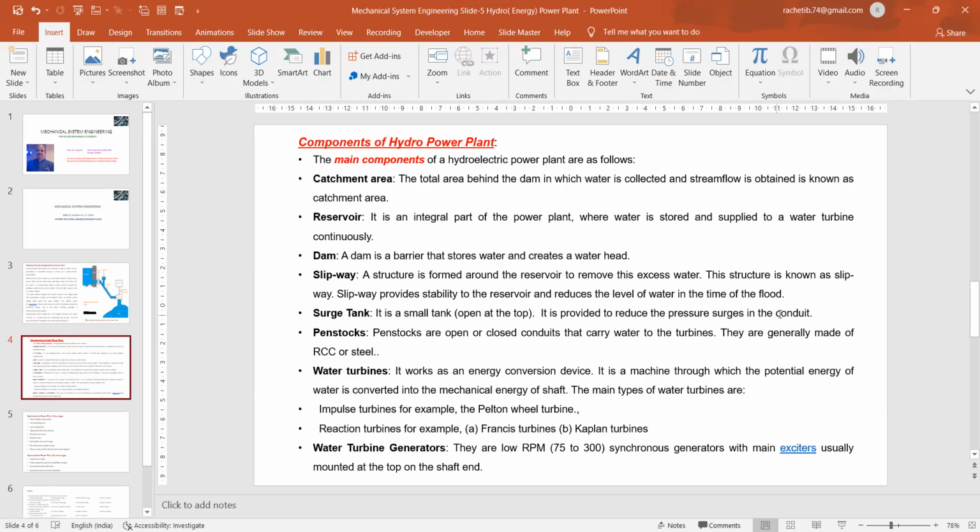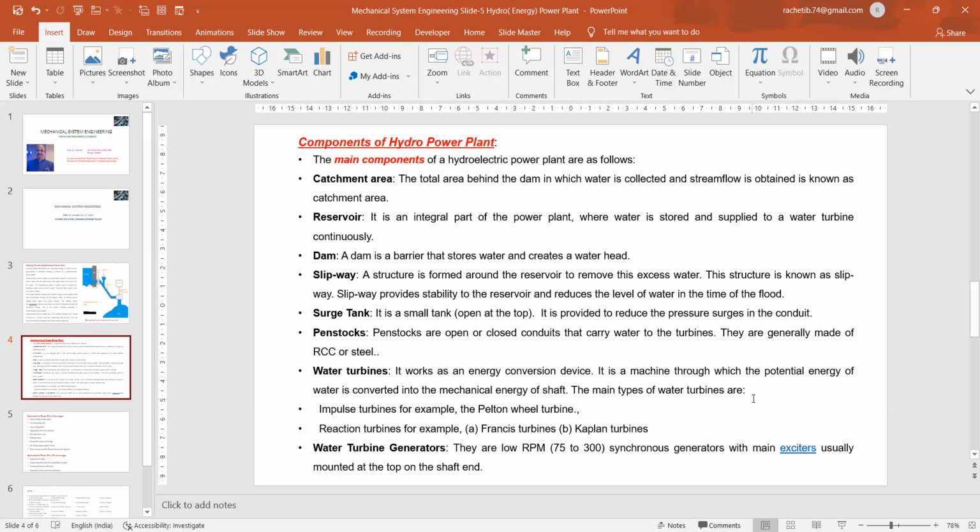Conduit means pipeline. Penstocks are open or closed conduits that carry water to the turbines. They are generally made of RCC or steel. The water turbine works as an energy conversion device. It is a machine through which the potential energy of water is converted into mechanical energy of the